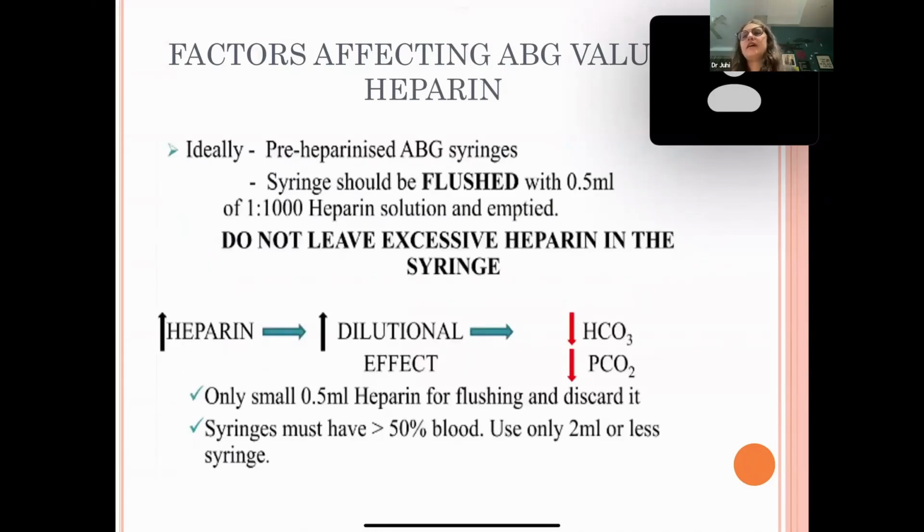Next factor important is the heparin. Nowadays, we have pre-heparinized syringes. We don't need to take heparin again and again, but some setups still have the older version. So in those cases, you take the syringe with 0.5 ml of 1:1000 heparin and empty it. Do not leave the excessive heparin in the syringe because it has a dilutional effect. It will decrease the bicarbonate and CO2 levels in your ABG sample and you'll have a false reading. Only 0.5 ml should be used and you should discard it. Always fill the blood sample in the syringe more than 50% of the volume and take usually a 2 ml syringe, not more than